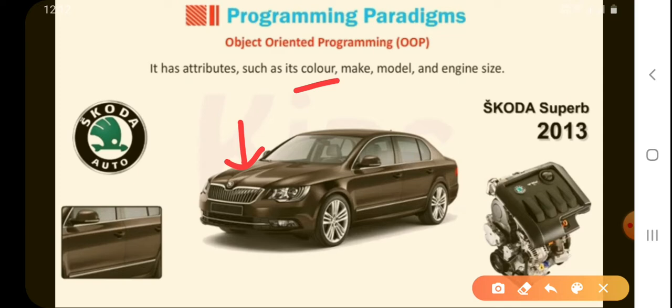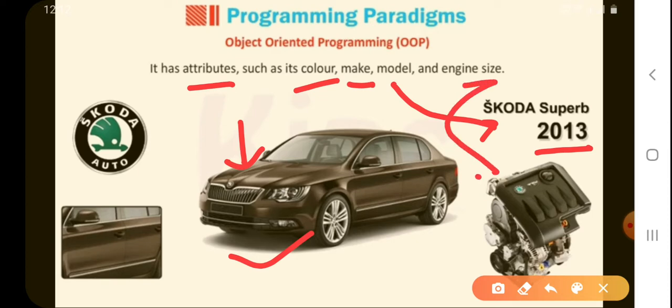The make year, 2013. The model, Skoda Superb, is also an attribute of the car, and then the size of the engine. All these aspects are the attributes of the object car.